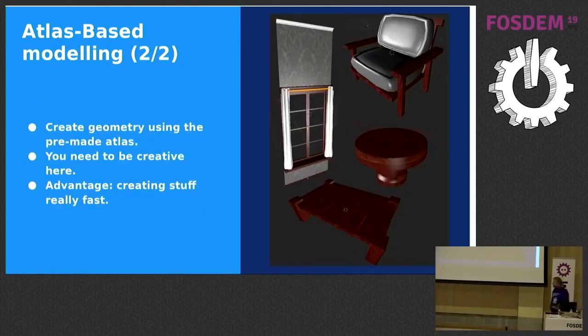So once you have those textures with your atlas, with random shapes you put on it, just make objects that use those random shapes. Just be creative. You make those shapes first, and then you try to think how to make objects that use them. So I made some furniture, like you have a window, a table, a chair, another table, and then you can use it, and it's really quick. You can model really quickly with that. Just make the models and UV map based on the model, on the texture.